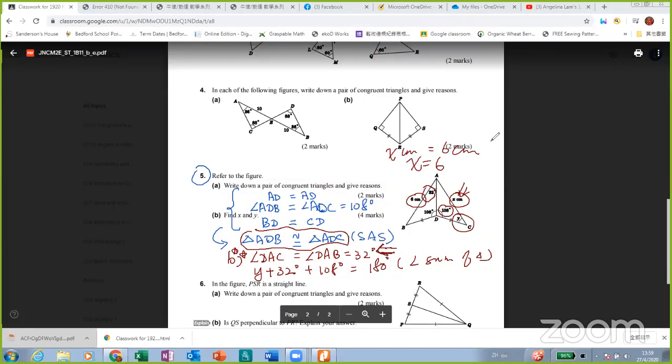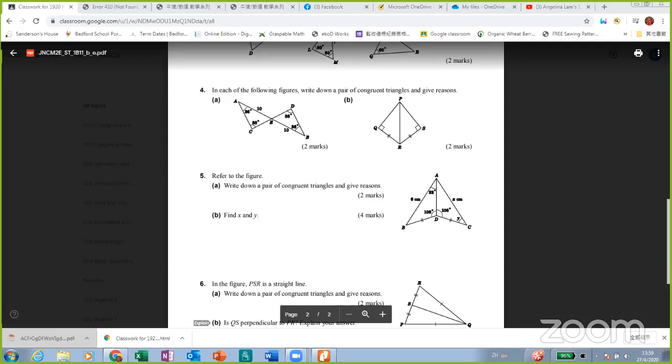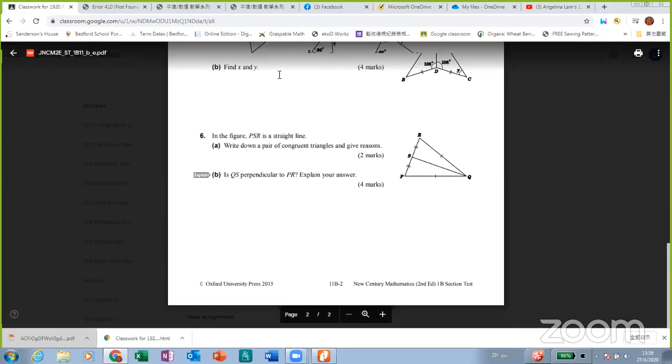And then number 6, 6a, it tells you quickly it is SSS, that pair of triangles. And then just for part B, after you have told people which two triangles are congruent, then you should know that these two angles are in pairs. It means angle RSQ equals angle